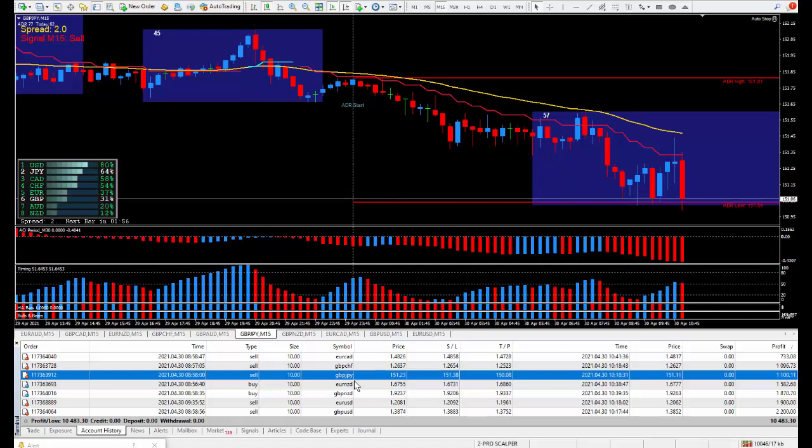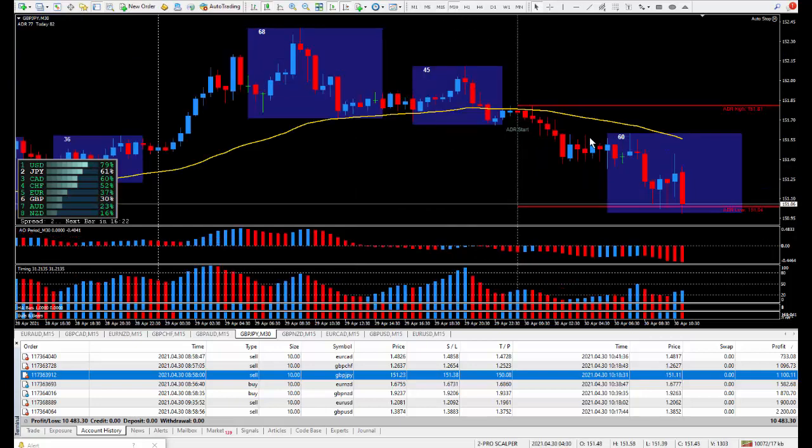As I can see, and keep in mind that not only most of these trades were a great way to trade, but the scalper is also indicating this red line means we're selling, and in the top left corner it always locks in the higher time frame, which is the 15 minutes, and you can see it's still saying to sell. Now this scalper will only work on 1 minute, 5 minutes, and 15 minutes, because as you can see, if I go to the 30 minutes, the scalper disappears. But you can still tell by the gold line here that we're going down. So once you know you're going down,